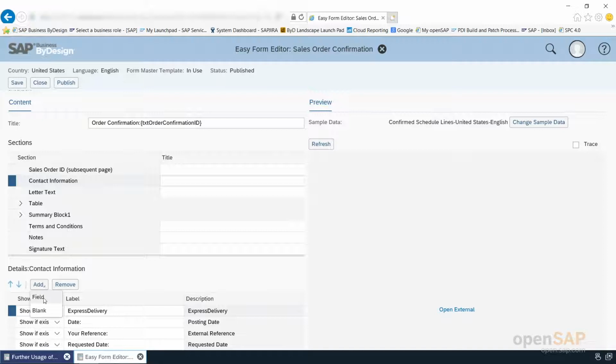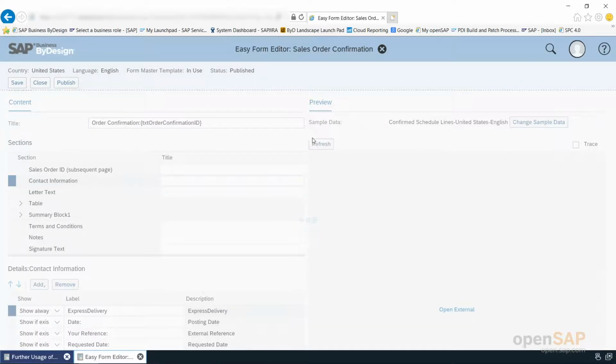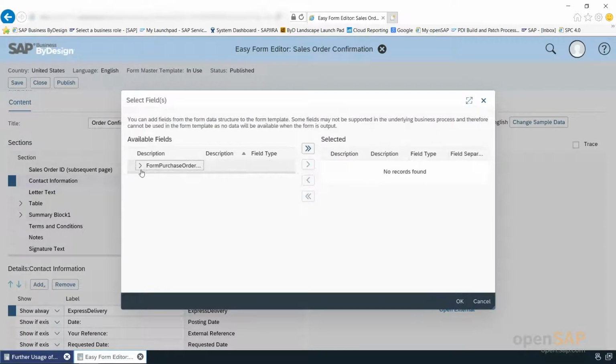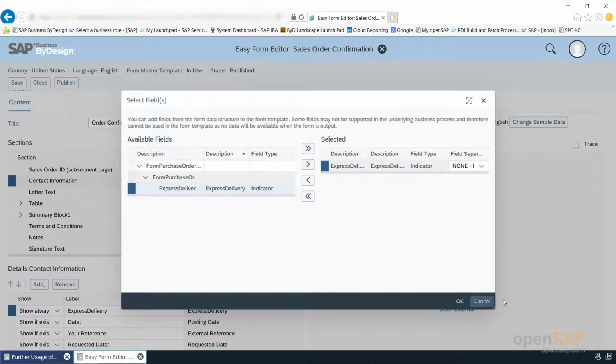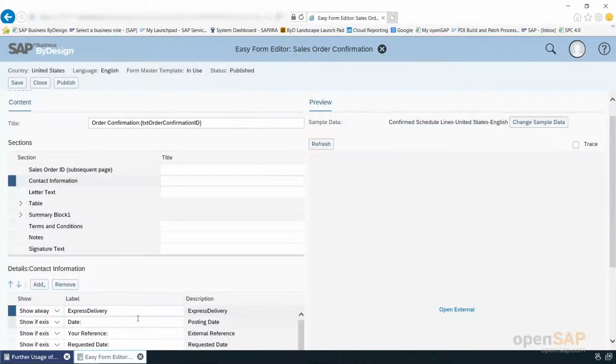Otherwise, what you should do is just click on add field and then a pop-up appears. Just select the field from the left hand side, drag it here and click on OK. That's it, the field appears here. So now we are going to just save this form. Once this is done, I just cancel because I have already added the field here. It appears here for me. Say show always. I just save this